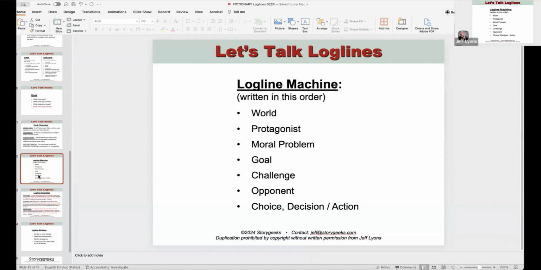Who's the protagonist? You have to identify who the hero or the heroine is. Oh, well, I've got 17 protagonists. They're all important. I'm writing a novel, for crying out loud. It's going to be 5,000 pages long. I've got lots of protagonists. No, you don't. You've got one. And I'm not saying all the characters aren't important. I'm not saying no, but